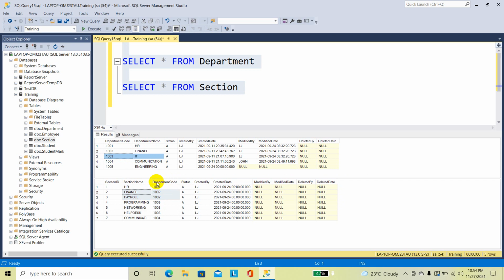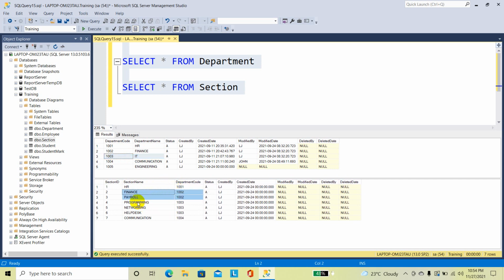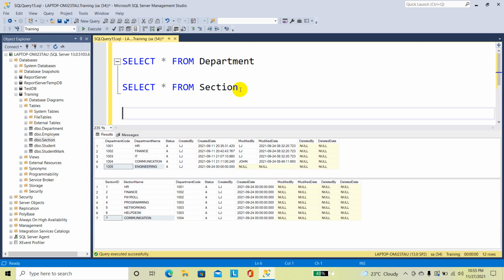Under IT department, there are three sections, programming, networking, and help desk. Under communication, only one section exists, that is communication. And the last department is engineering, and under engineering there is no section. So each section is coming under a particular department.